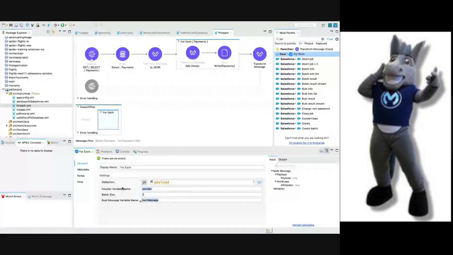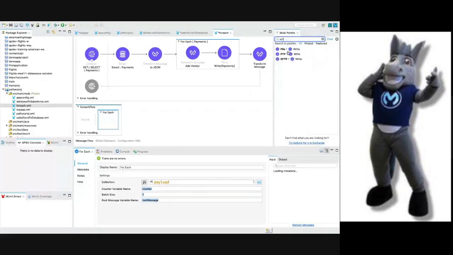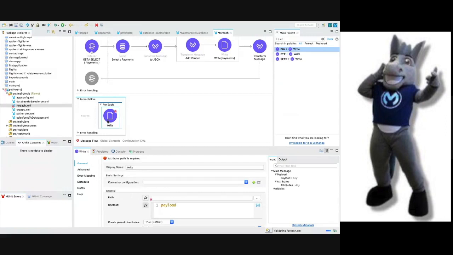And then under this Foreach, suppose you want to write some file, so you use the Write operation under File, not FTP or SFTP. I'll quickly drag and drop it inside the Foreach. This write statement is going to execute as many times as this for loop executes. So suppose we have 10 records, this loop is going to execute 10 times, and we are going to write 10 files